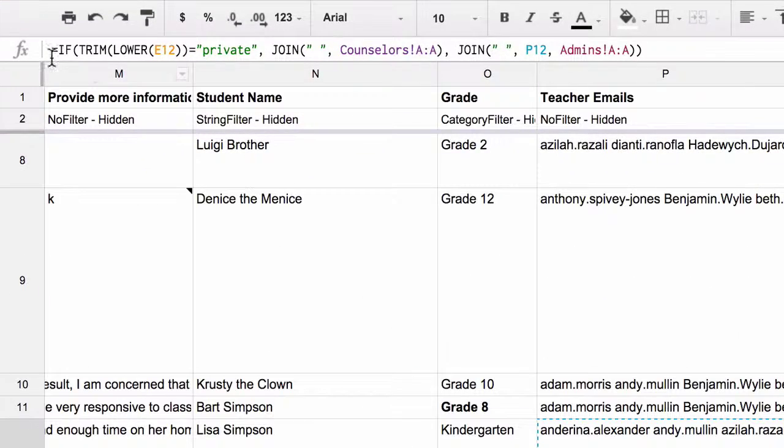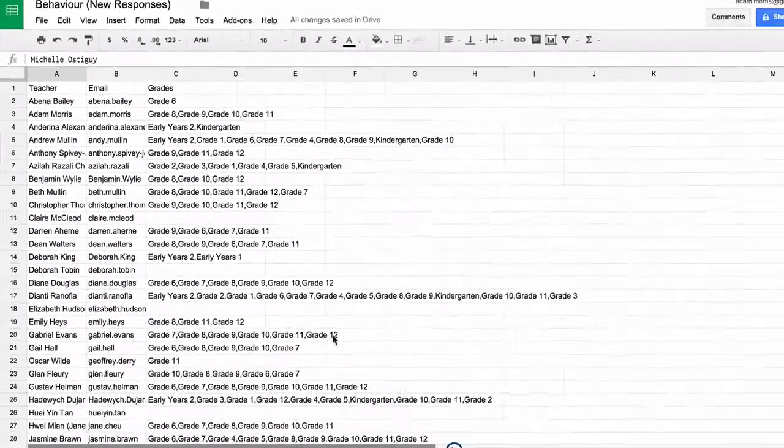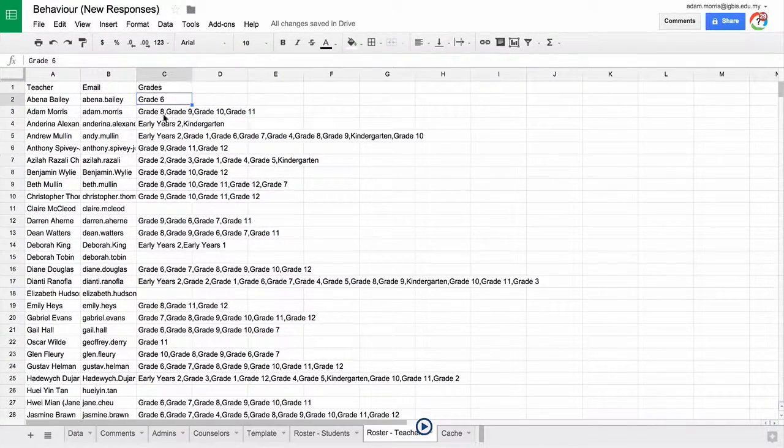Because it's a formula that says if it's a private note, which we said earlier in the cell, if it says private in that cell, then okay, only counselors. Otherwise, make it anyone else who wants to see. The teacher roster is here, by the way, with the grade. So it's using a database operation that says, okay,